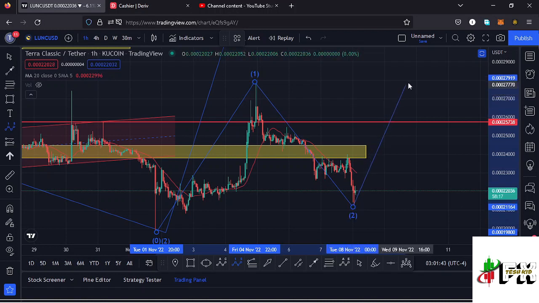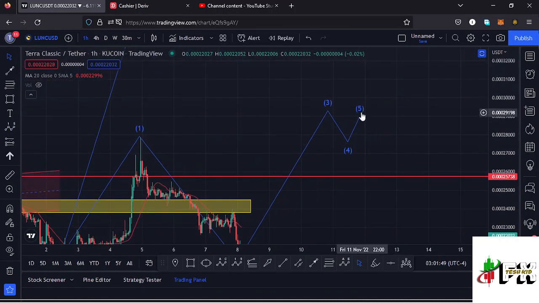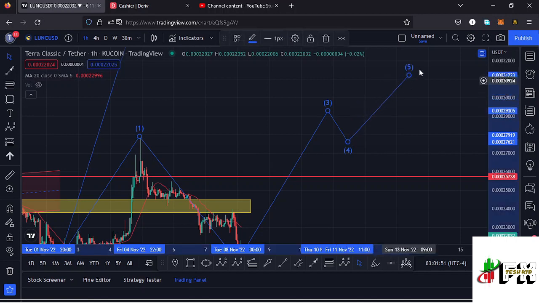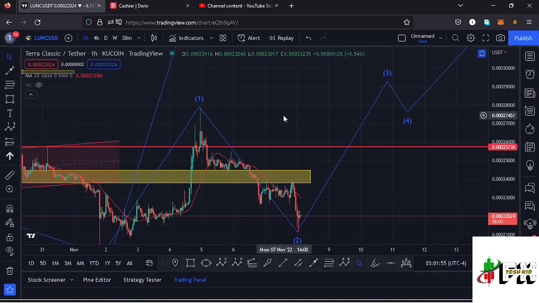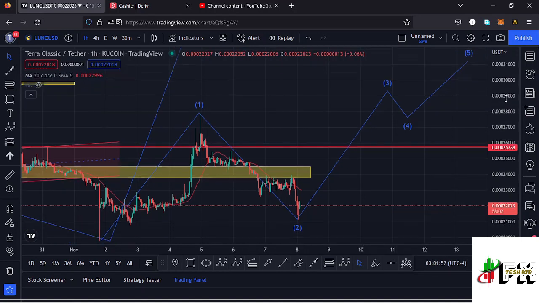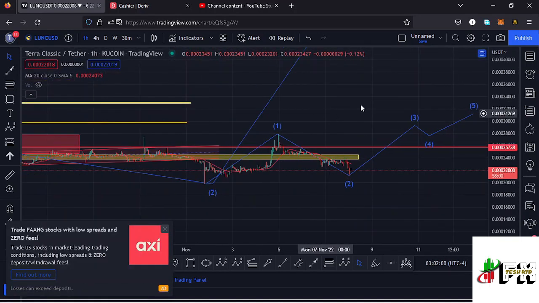$0.00022 mark. Then I'm expecting a very nice bounce to the upper side in the formation of a wave 3, then a wave 4, and then a wave 5 to the upper side. And once we complete that movement to the upper side in the formation of this wave 5, that will be completing a higher Elliott wave count 1, which is a fractal wave within this higher Elliott wave count 3 that